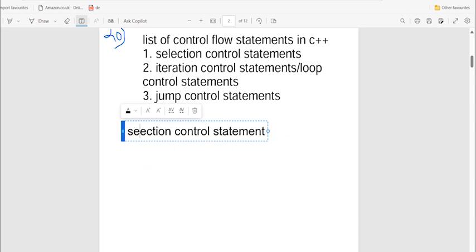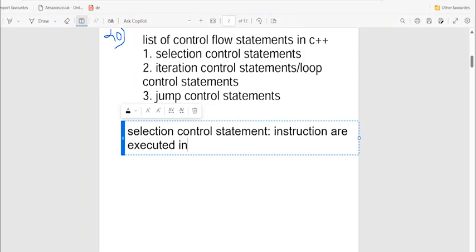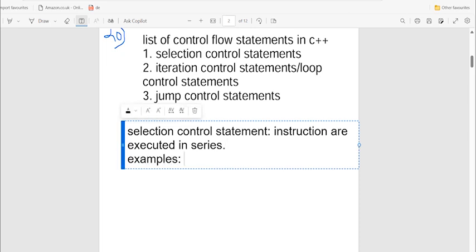Selection control statements: here instructions are executed in series, one after another. We have different examples. We have if,